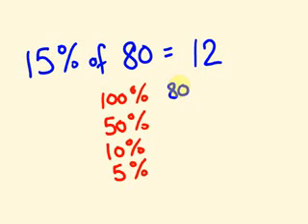50% of a number is half of the number. It's half of 100, because these are percent numbers. These are out of 100. This is 100 out of 100, so it's a full amount. This is 50 out of 100. It's half the number. So half of 80, 50% of 80 is 40. 50% of 12 is 6. 50% of 32 is 16. It's half the number. Now we can work out 10% of a number, which is 10 parts out of 100,